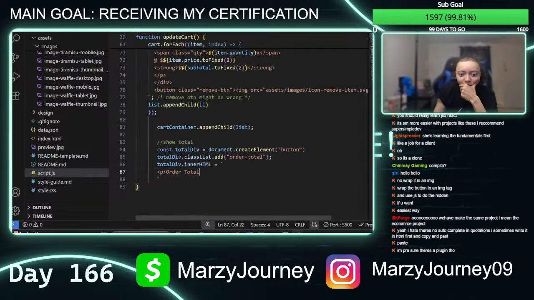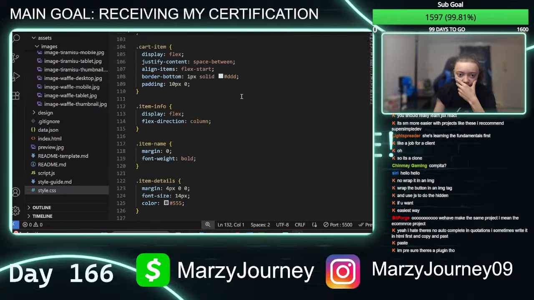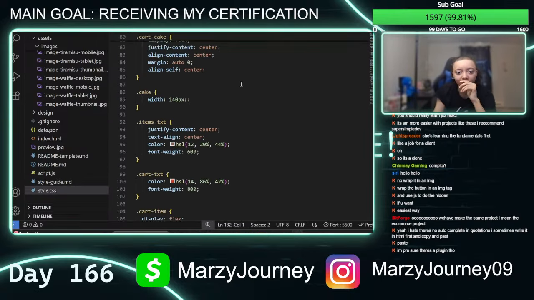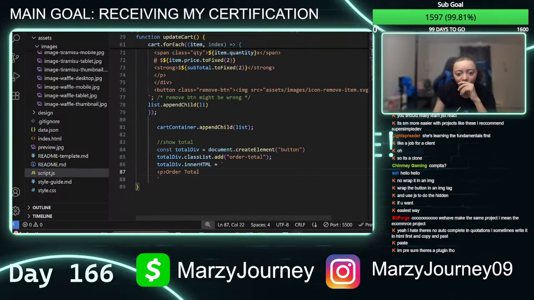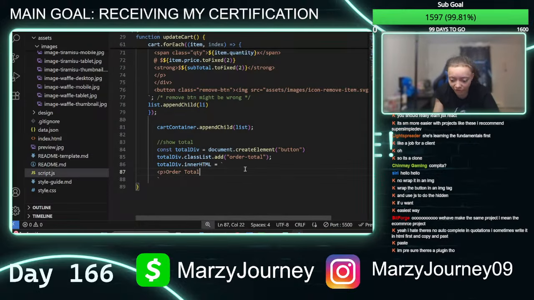Actually, what was I declaring it? I declared it order total. Do I have that in here? Oh, no, I don't. Never mind. There's a couple things that I'm already targeting in here, but I guess that's not one of them. I would probably just add it as another P element, but I want it to be placed exactly like one on the left, one on the right, and then one here. So part of me thinks maybe I shouldn't put it in the same spot, unless I wrap it in a div and then try targeting that. But I don't know. We'll see how that goes.